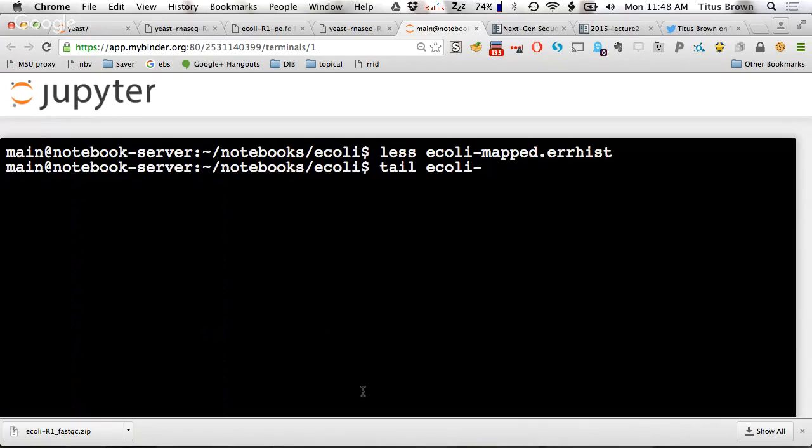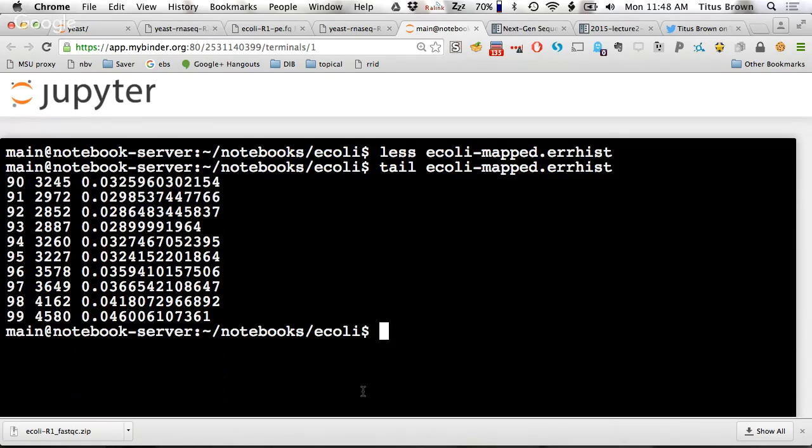You can use tail to look at the end, and you see that at the end of the read, we're getting to an error rate of about 5%, where 4.6% of the bases at position 99 have a mismatch with respect to the reference. And again, the explanation for this mismatch rate is errors. This is different from the quality score,